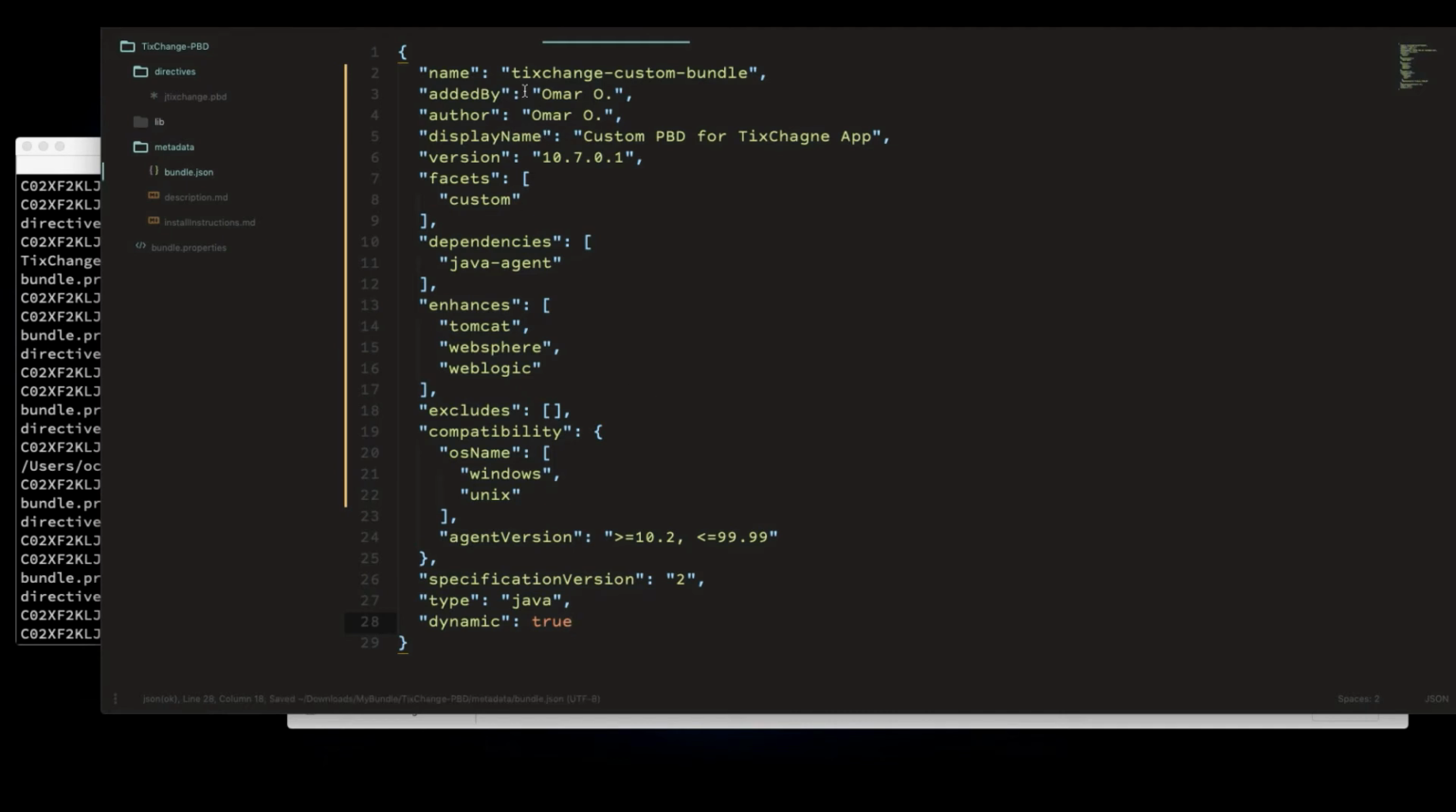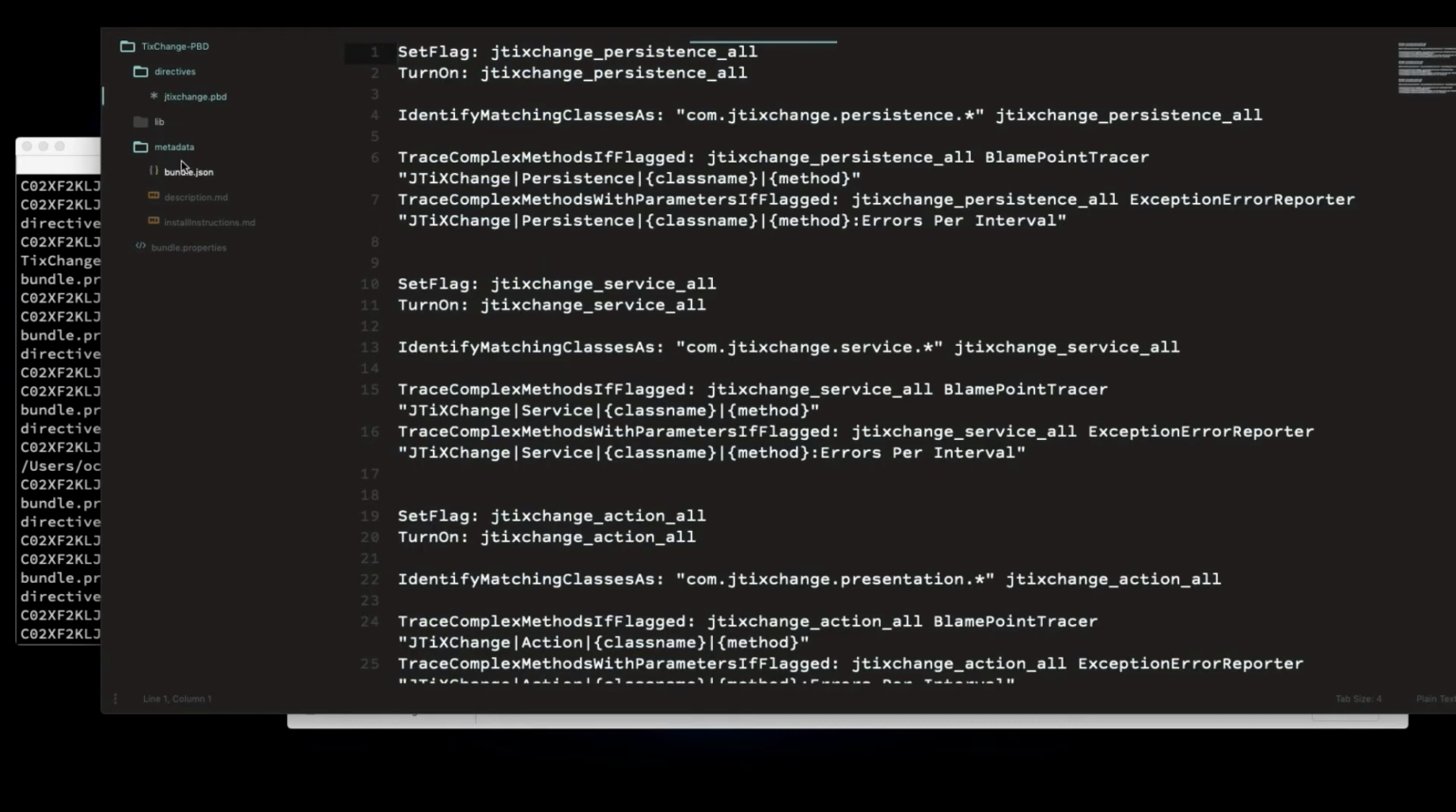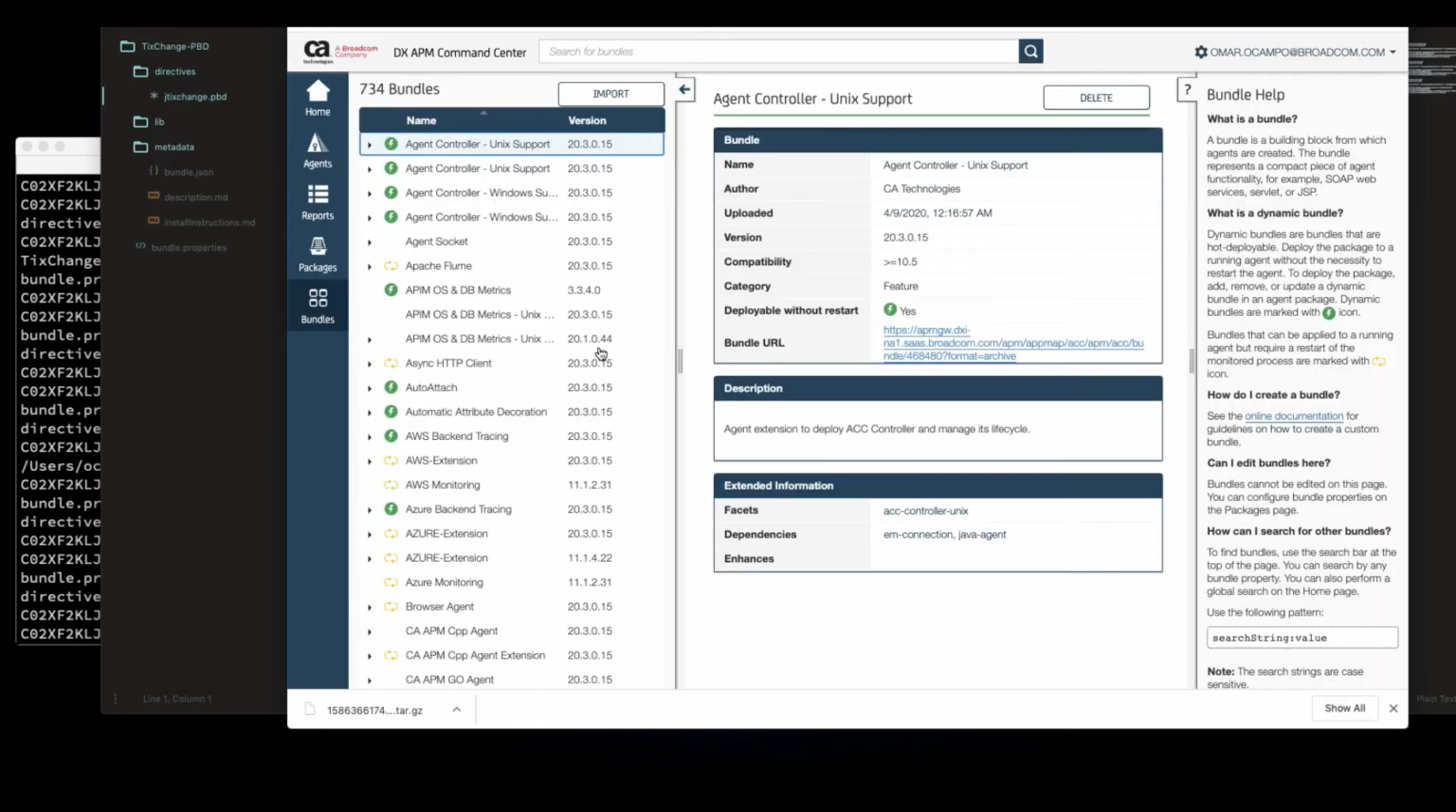Again, we just made very small changes. Added Unix, changed our name, version. That's about it. Okay, so I think we have everything. So we have our PVD. There's no lib, and let me show you how you would use that. Let's go and download